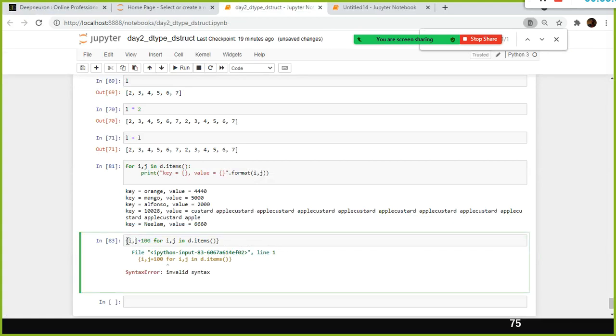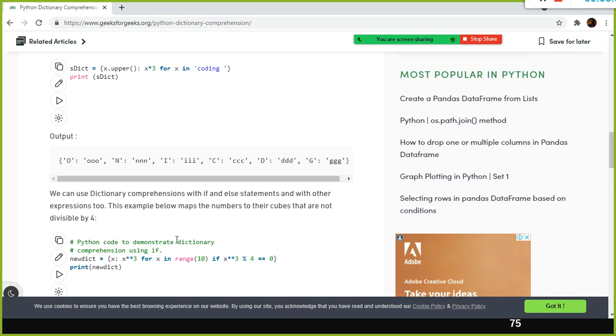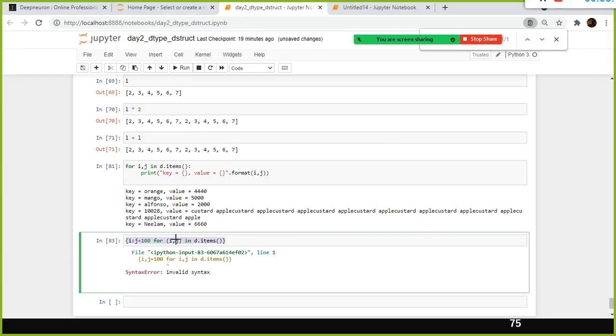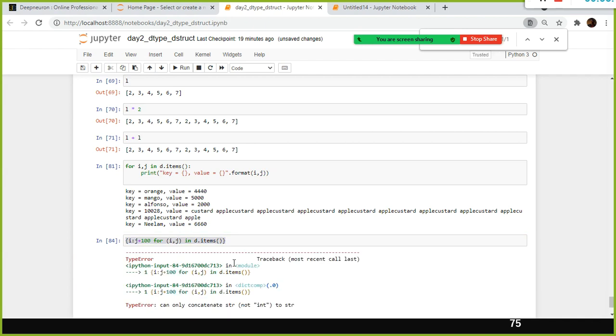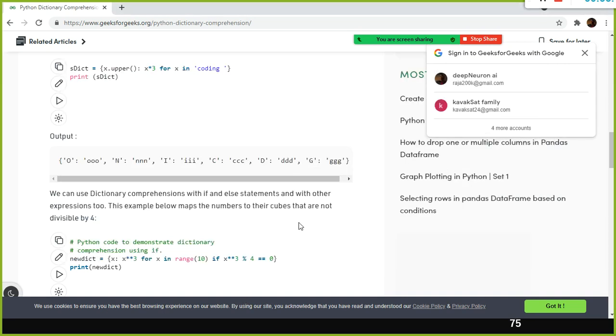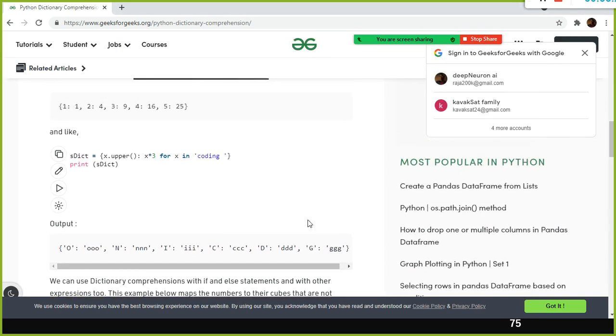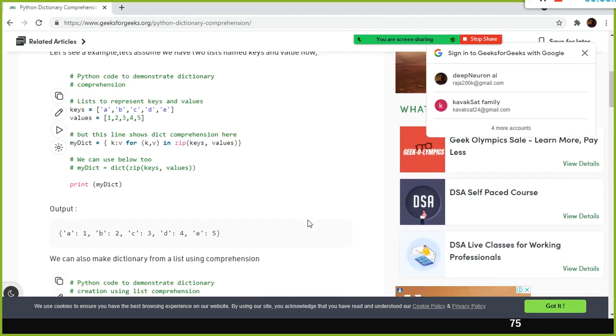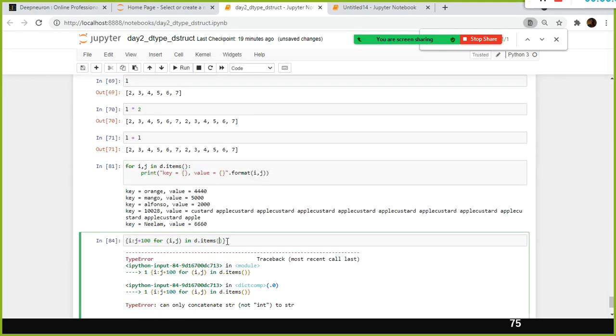I should have used colon, but earlier I tried the colon only. i comma j, this one is supposed to be in parentheses. Zip, you can use zip with keys and values.